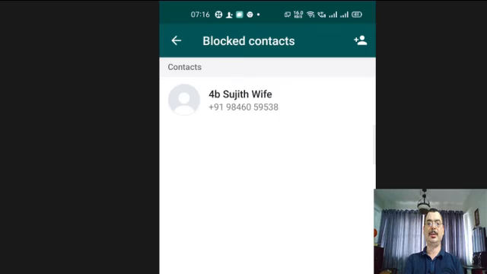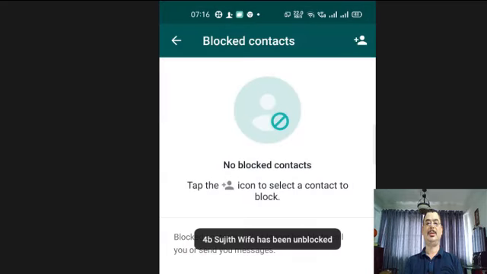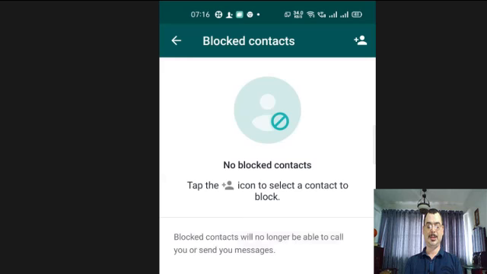If you want to unblock, touch them and you will get an unblock option, so you can say unblock. Then that contact will be unblocked and they can start sending you messages.